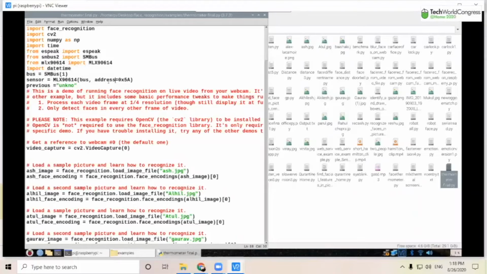Next, we have to set the MLX90614 sensor here. Here is the I2C address of the MLX90614 sensor. So after that,